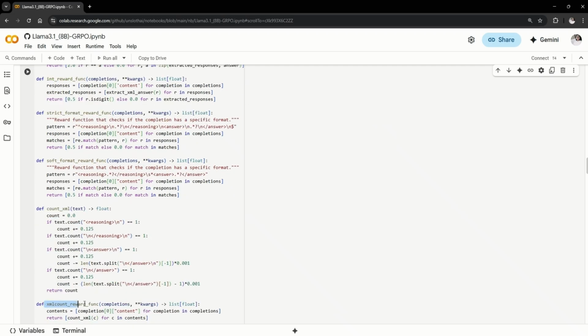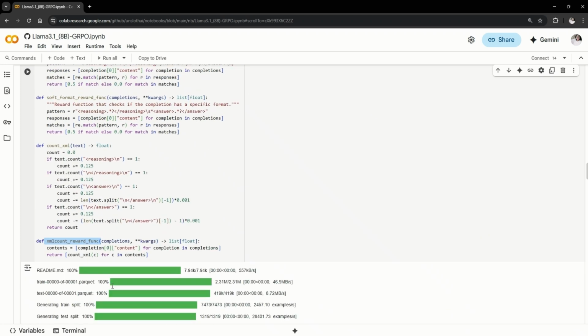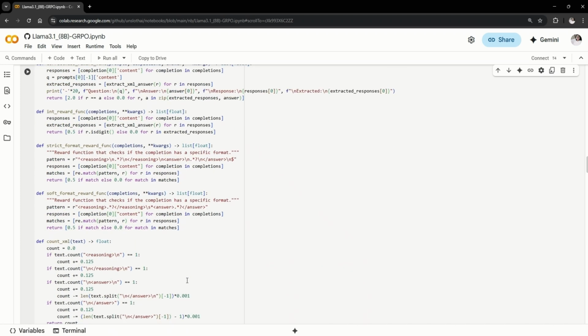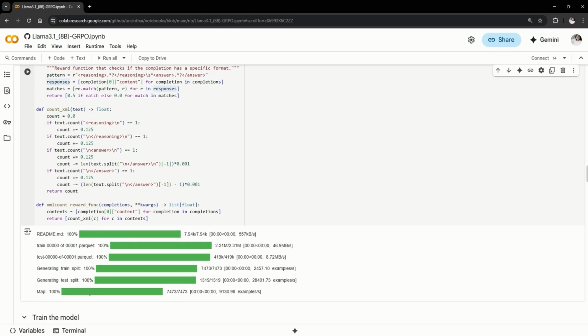So these, and another one is also here. These are the ones which, based on the output of the model, are either being penalized or being rewarded, and each of these has its own logic built into it. You can experiment by using two at first instead of all 6 at once: the correctness reward function and the strict format reward function. These are the 2 essential ones that you will need: how accurate your answer is and what format your answer is in. That way you can test it out, and then if you think you need the rest of them, you can plug them in again.